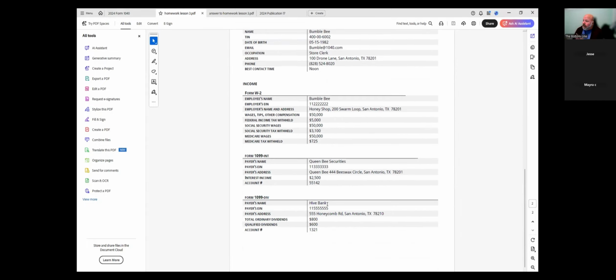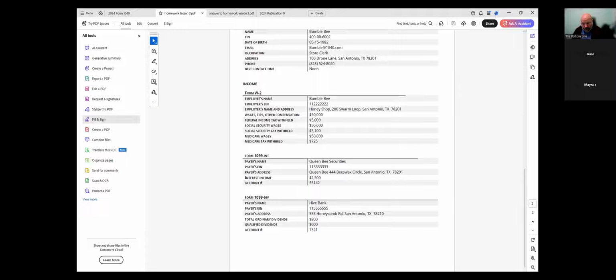So I'm gonna give you more homework tonight to keep practicing this kind of stuff. It is really important that you get the flow of where things go on a return. Because when you complete a return, even though the computer did it, you got to be able to look at it and say, oh, I made a mistake here. Or this doesn't look right. Let me go back and check it.